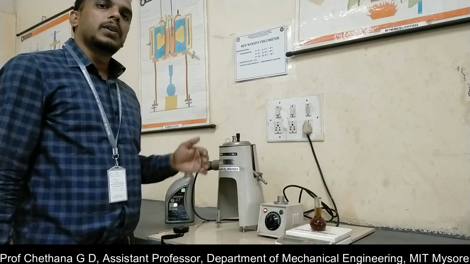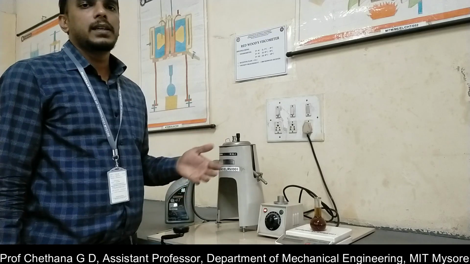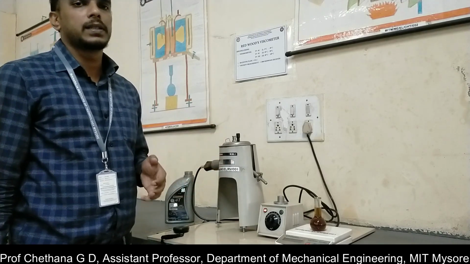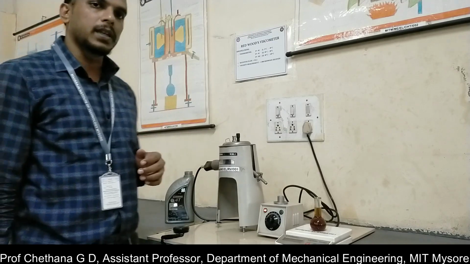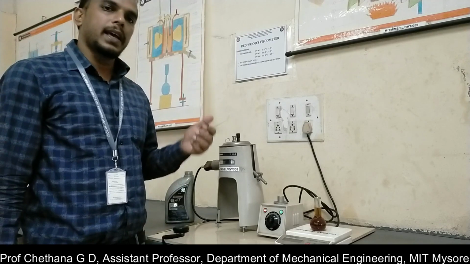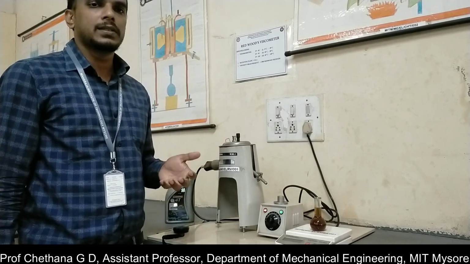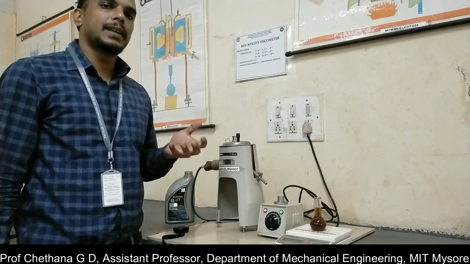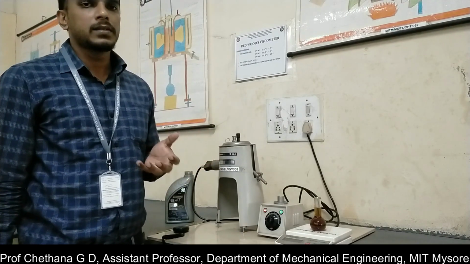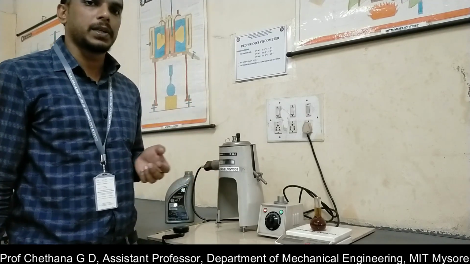Now again you can repeat the same experiment for increasing the temperature. For example, you can go for next 5 degrees centigrade rise, 50 degrees centigrade and 55 degrees centigrade, and you can note it down that at higher temperature it takes lesser time to flow through the orifice, because at higher temperature resistance to flow decreases. So obviously it flows faster at higher temperatures.